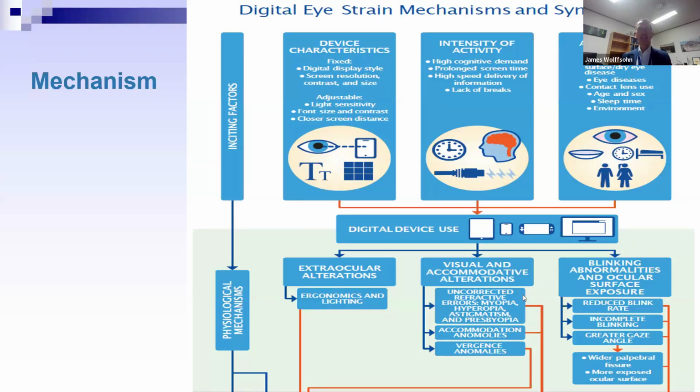So all of those factors, based on the individual device that you're then using, can cause changes to the ocular surface exposure. And this is largely through blinking, or visual and accommodative system. And this is largely to do with the distance that the task is away and the demand, but also other alterations, ergonomics. So particularly our position when we're holding a digital device tends to change, and that can put strain on our neck and our back, and general lighting conditions as well.